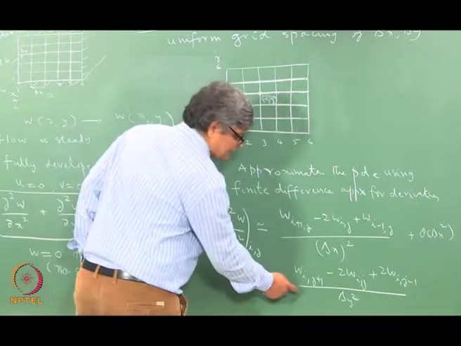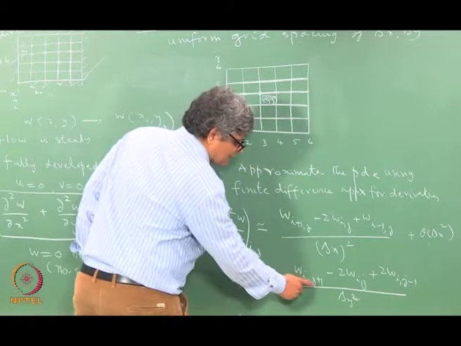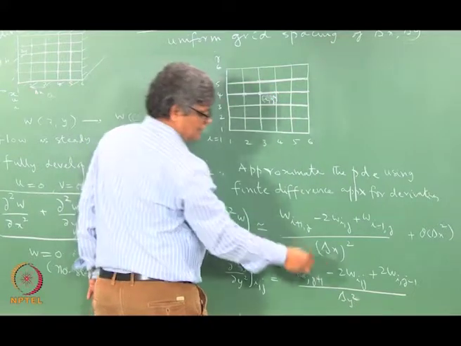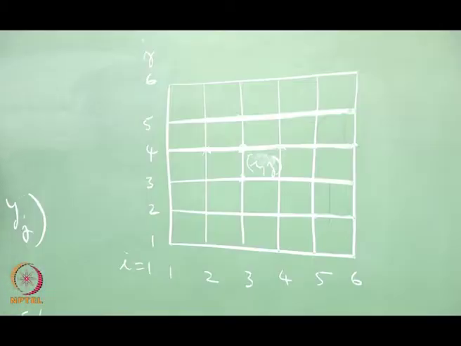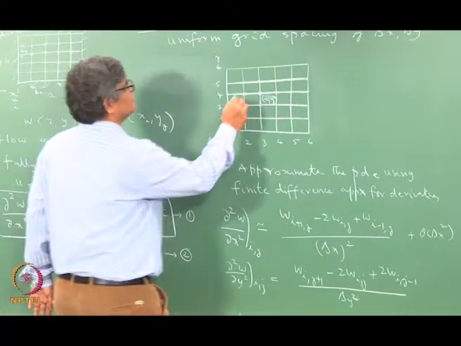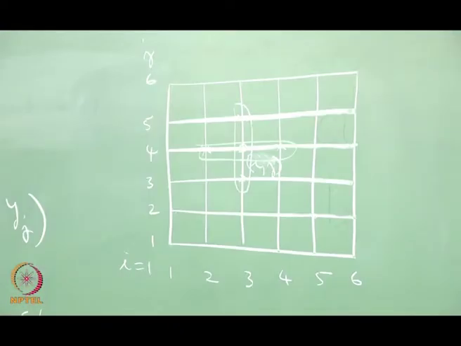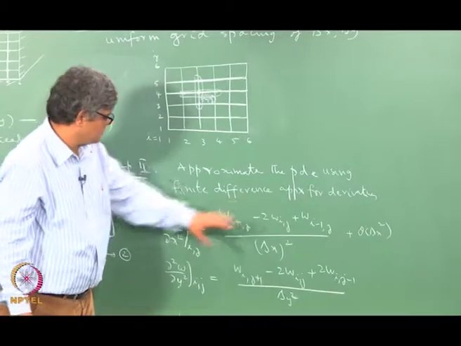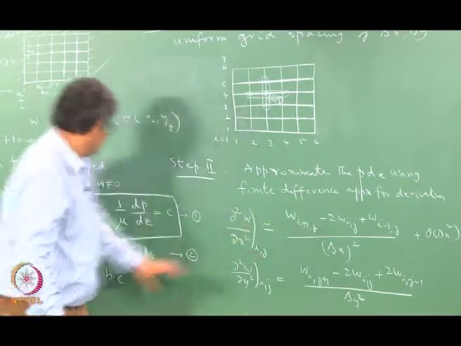And similarly, this approximation for the derivative in the y direction is expressed in terms of W(i,j+1), so this point is i, j plus 1, and this is W(i,j), and this is W(i,j-1), that is this point here. So, this approximation involves these three, and this approximation involves these three here. This is known as a central difference formula, and this can be easily derived. So, given that these are approximate formulas for the second derivatives,